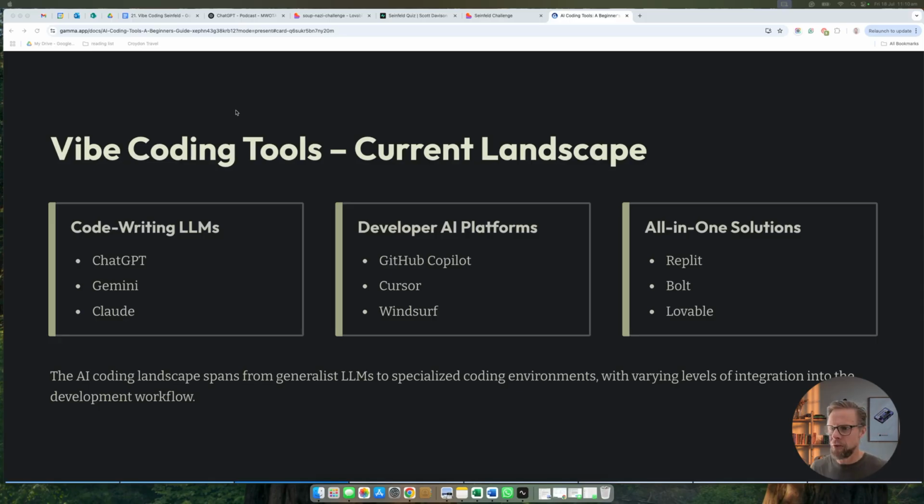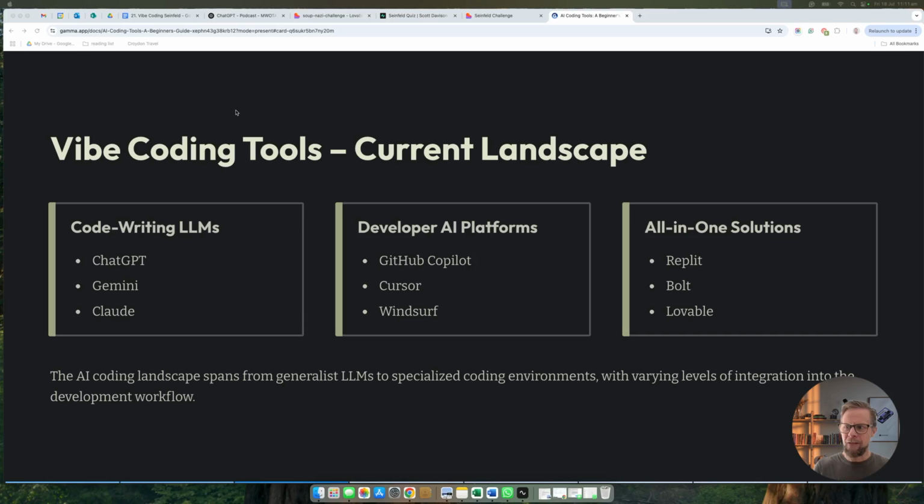But Lovable's just one of the many tools available, so I thought it'd be helpful to provide a quick overview of the landscape. Obviously this is evolving quickly, but let's have a quick look at the current landscape of the different types of tools and some examples of the tools that are available. If you're watching this, you'll be able to see the slide I'm presenting, but if not, don't worry, I'll talk you through it. There are basically 3 types of tools, or 3 buckets that these tools fit into.